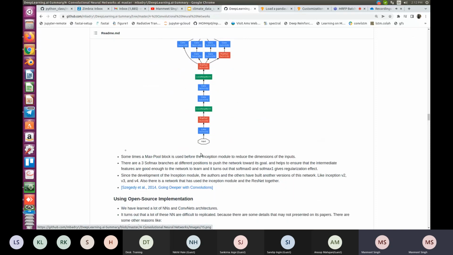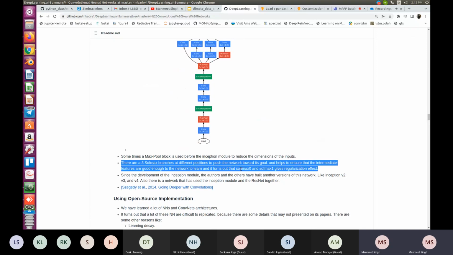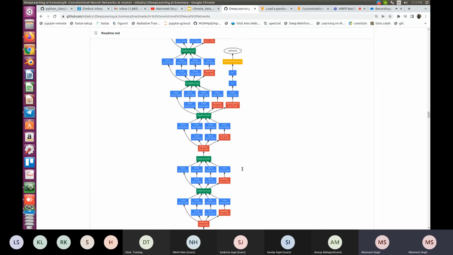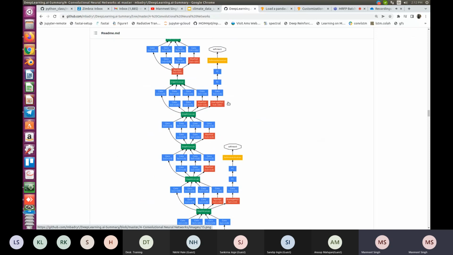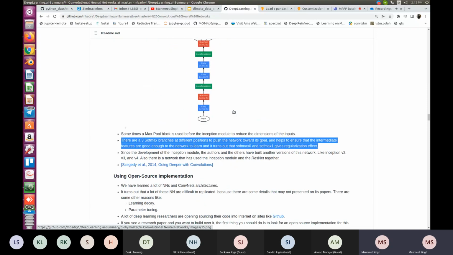So they are saying that there are 3 such branches, and it helps to ensure that the intermediate features are good enough for the network to learn. And it turns out that softmax 0 and softmax 1 give the regularization effect. So you can check the values of softmax 0 and softmax 1, and see whether your model